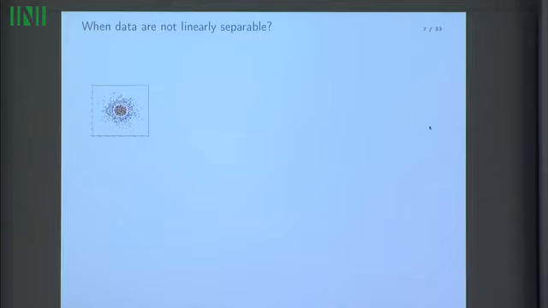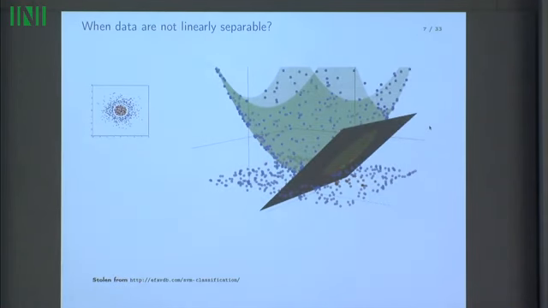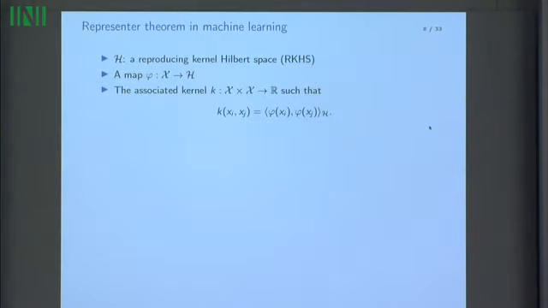And in this lifted space, maybe the data are separable. So I just stole this picture. Imagine that you're starting from this, then you lift the problem in R3 with a polynomial kernel, right? And now in R3, this data is becoming linearly separable with a hyperplane, okay? So this is really the core idea of kernel method in machine learning, and actually you can just extend what you did with linear classifier to non-linear ones.